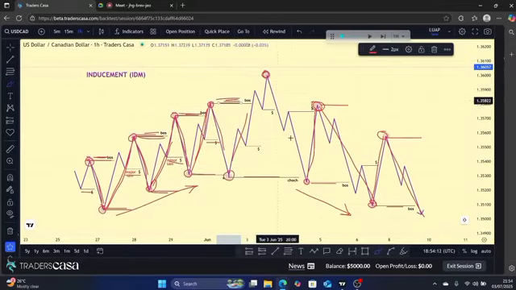Again, the process continues. But now if price decides to grab the internal and the external range liquidity, and decides to also break past the external range liquidity, in this case price will be shifting bias from being an uptrend to being a downtrend, and now the price will be in a new trading range, and that range will be starting from this high